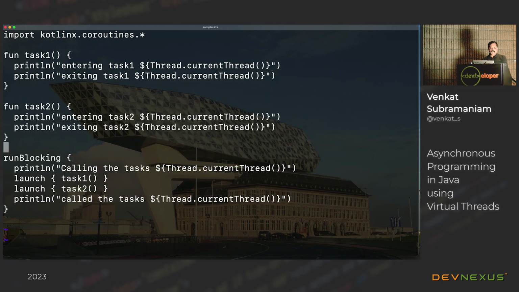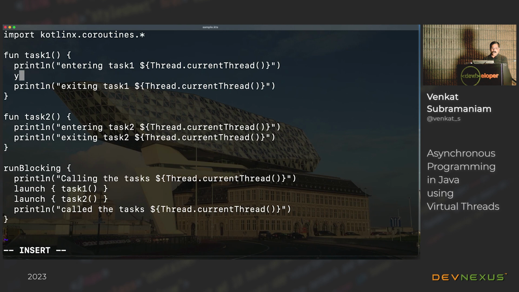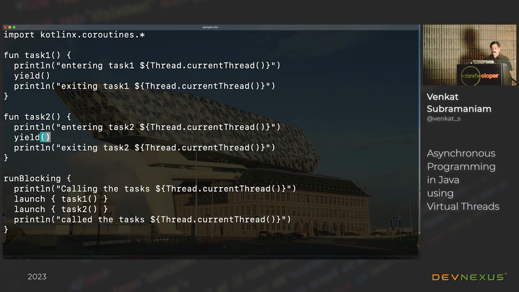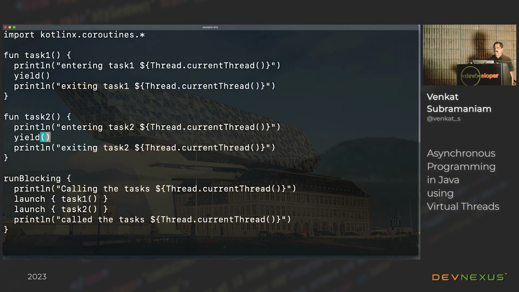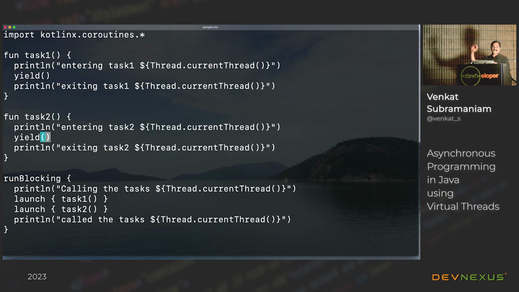But I want to say that these functions are really asynchronous or non-blocking. Suppose this is going to perform an I/O. It's going to access the database, or it's going to go talk to a remote service. Maybe I don't want to hold the thread for that much amount of time. So I'm going to say yield over here, and I'm similarly going to say yield over here as well. So in this case, I'm saying, hey, I'm doing the I/O. Maybe I'll take a little bit of time to run through this. You go off and do other things if you really want to.